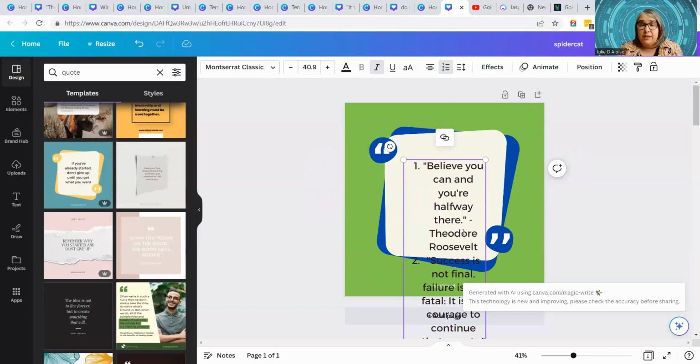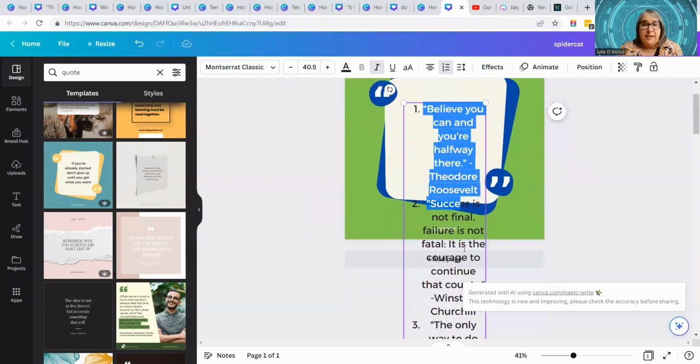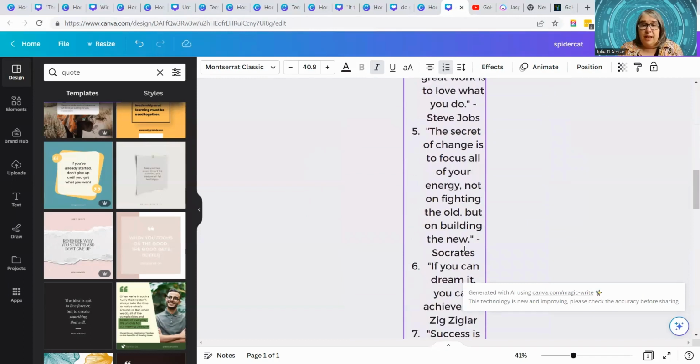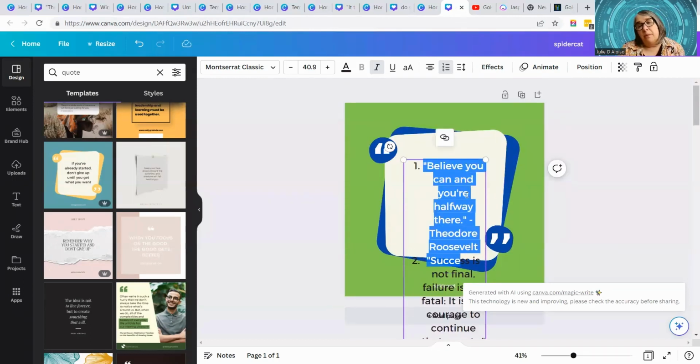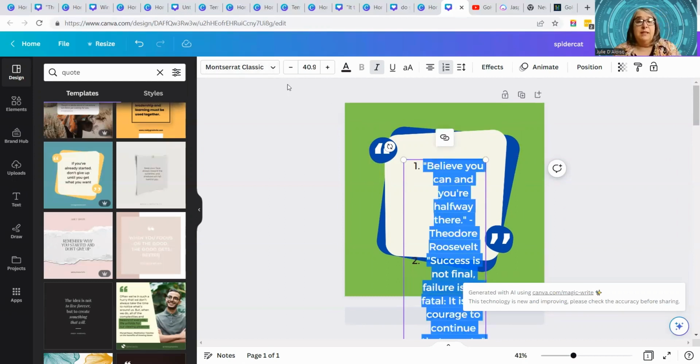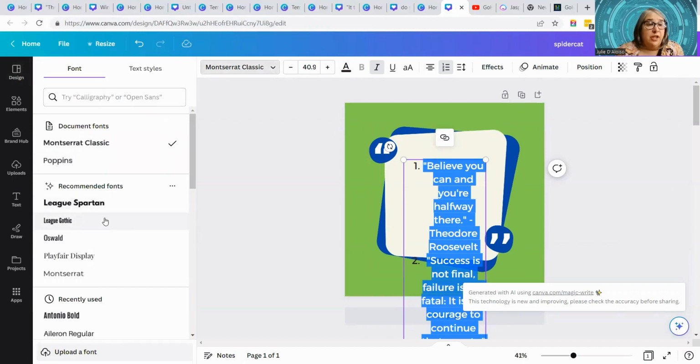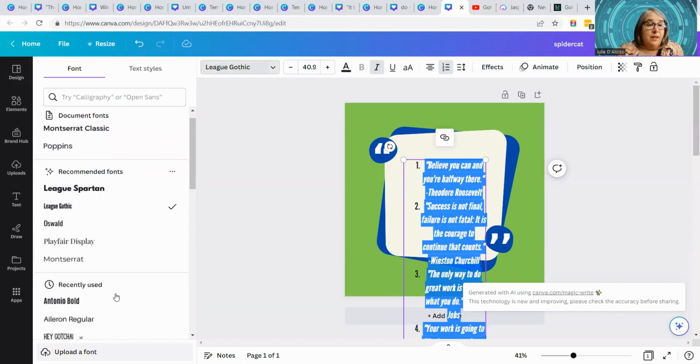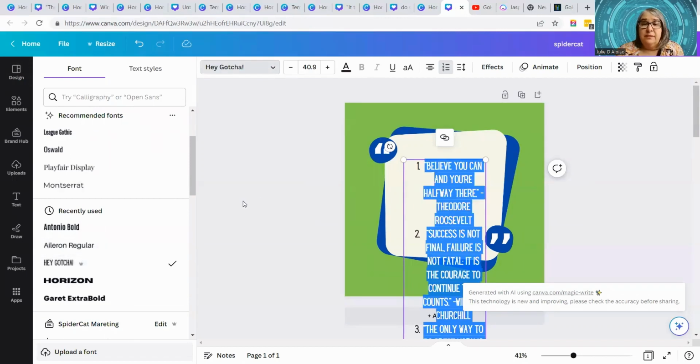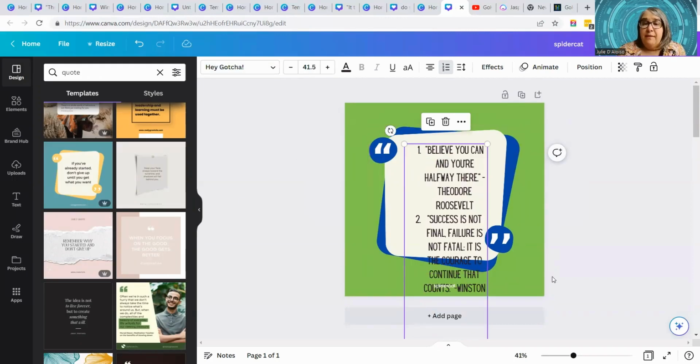All right, so we have some quotes here. And we can cut and paste them into Word if you want, and you can edit them. But remember that whatever you see here, the size of the text is going to be created on all your quotes. So this would be a good time if you want to change. Let's see, we can select all the text. If we want to change the font, we can change it to something else. Hey, gotcha. Let's just use that one. So here we have all of our quotes and we have the graphic how we'd like it, style-wise. All right, so the next step